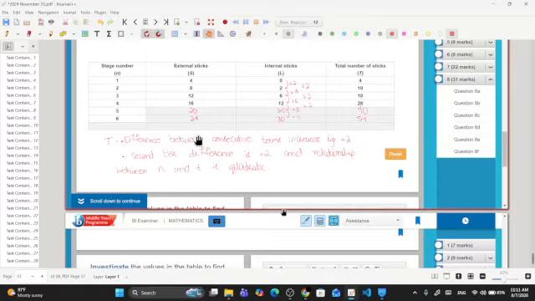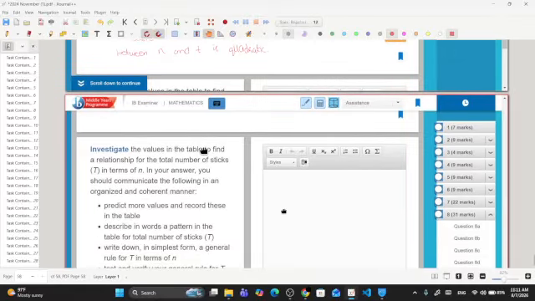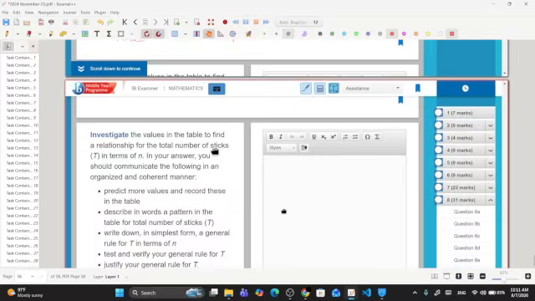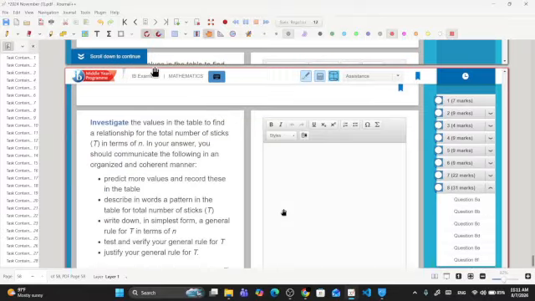Are you done writing? Yeah. Okay. Then it says write down in simplest form a general rule for t in terms of n. So we have 4, 10, 18, 28, 40, 54. So here there is a difference of 6 and 8, but here the difference is of positive 2. Right? So the first step that we take is making sure that